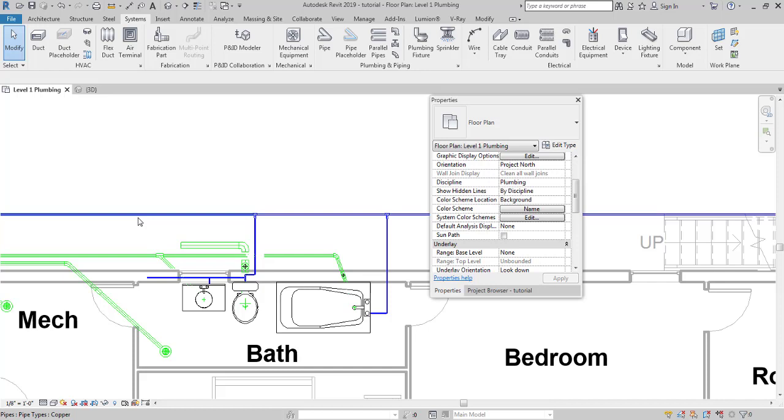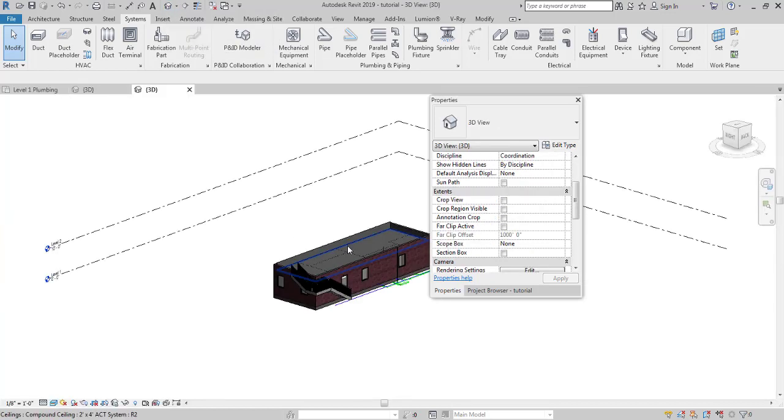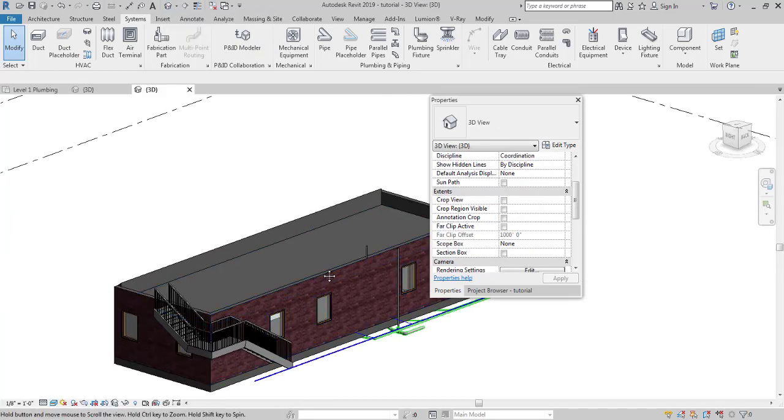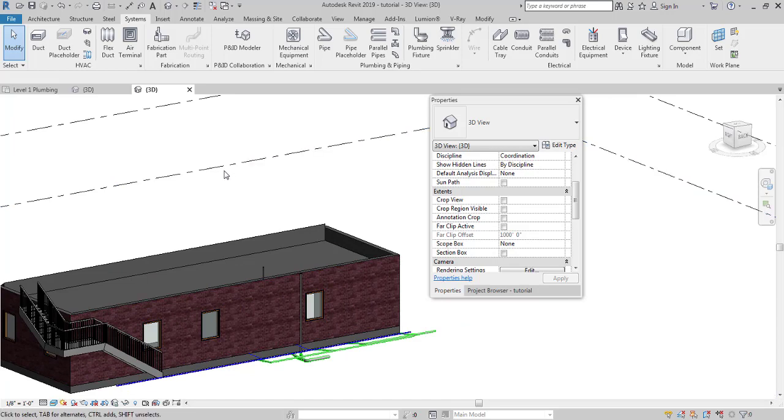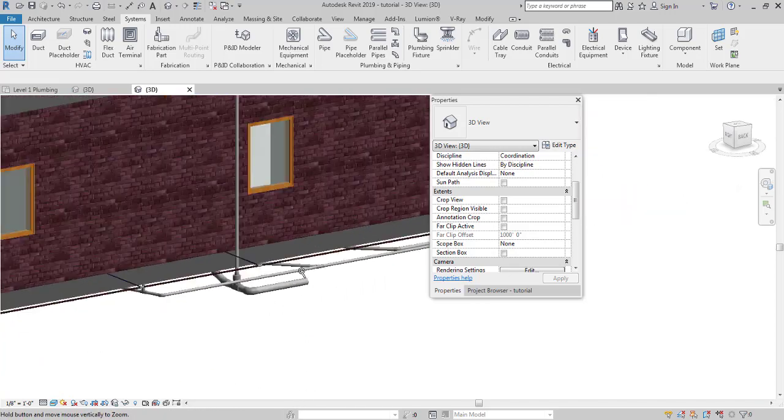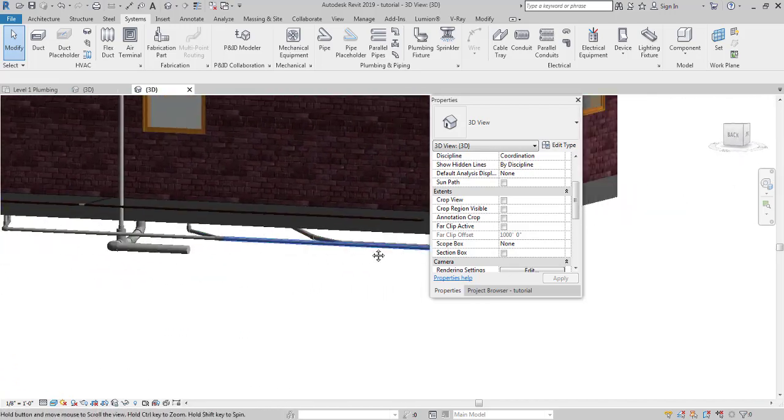I would like to create a second story for this project. Well, by second story I mean that this is a single story, so I would like to create a second story and add plumbing fixtures on that, so that I can show you guys how you can create vent stacks and make the plumbing a little bit more complex. And yeah, that's pretty much it.